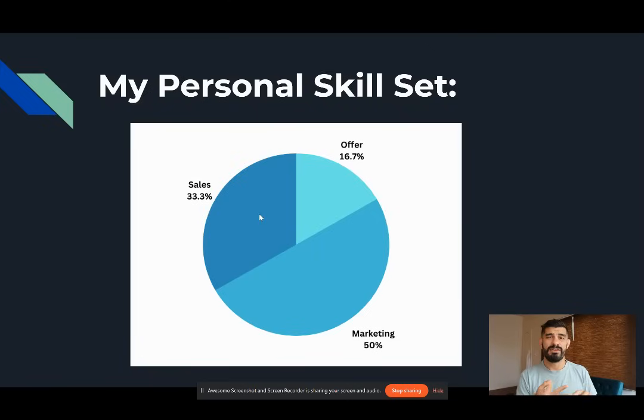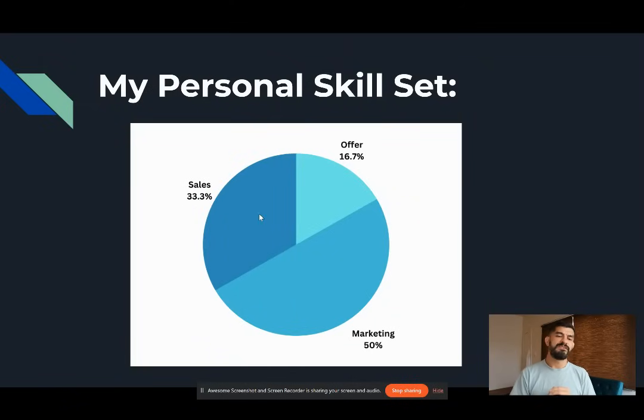But what I didn't have was a strong offer. So it was really challenging for me, I didn't have a product yet. So I was just doing a lot of marketing, a lot of sales, but creating my product as I go from the feedback that I received from the clients. And it's important for you to understand that it's a mixture, and the mixture is going to depend on your personal business. So if you have an amazing product and if you spend a lot of time on developing the product, well, the product's going to sell itself, and you don't need to have as good of marketing or as good of sales.